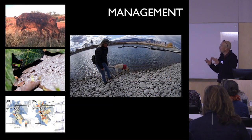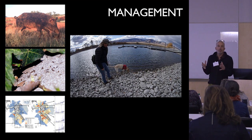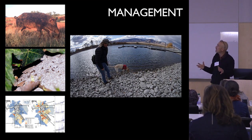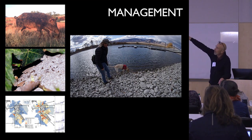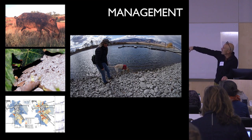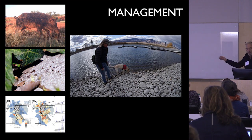Okay, I mentioned this middle phase, which is the management or mapping phase in the middle. And that seems to be increasing for us as well. So up on top, feral swine, Argentine ants, and the bottom is brucellosis. I'll mention all of those, but